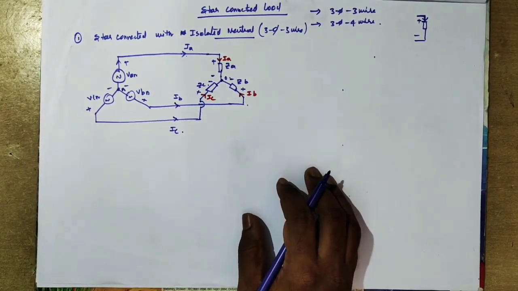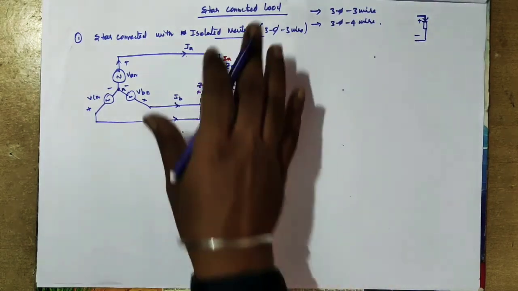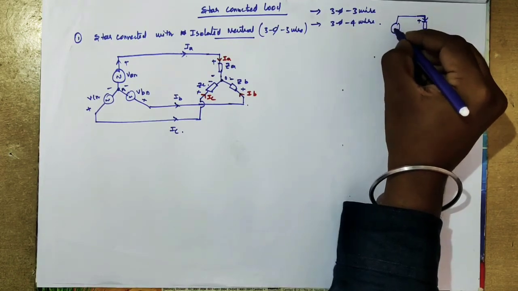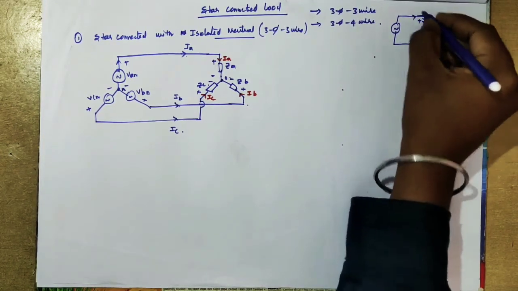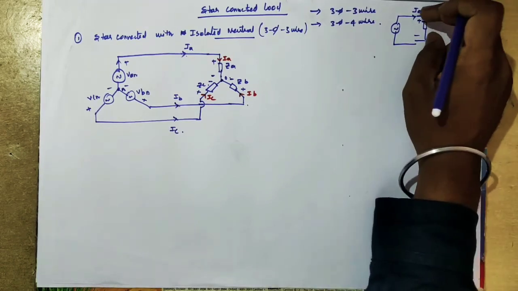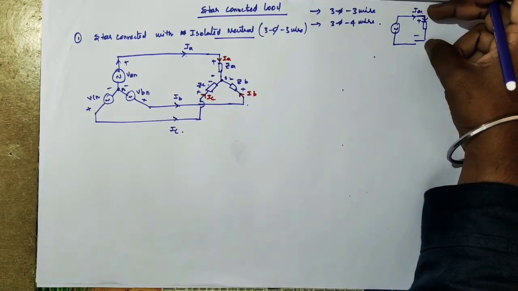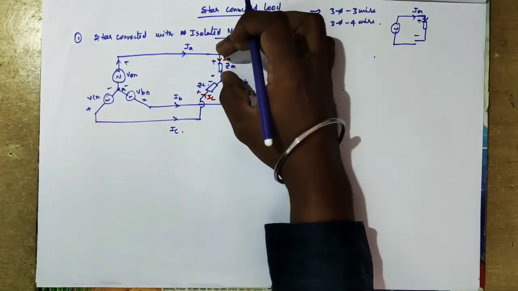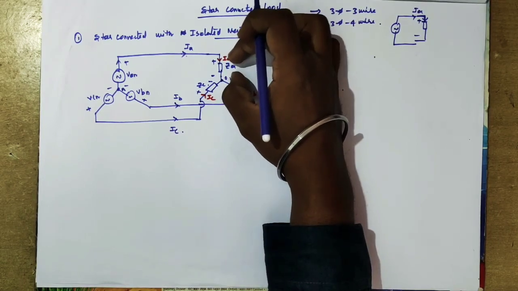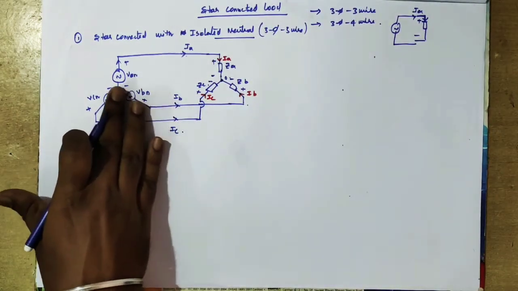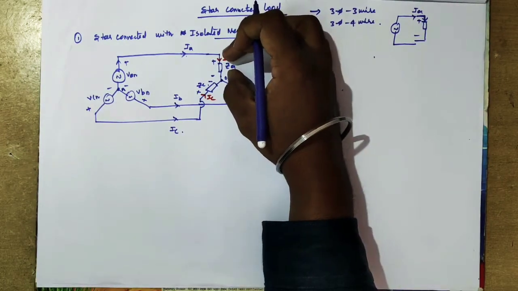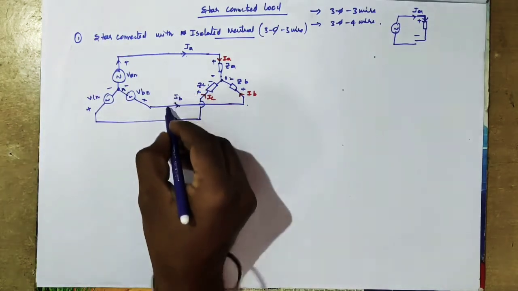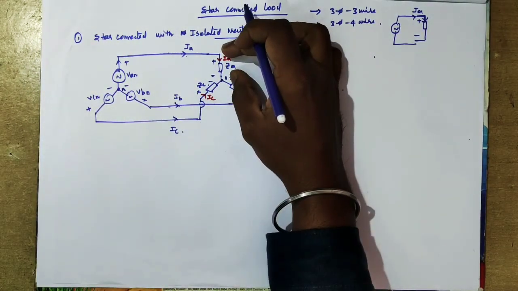Now our aim is to find the load currents, right? So we have connected the load, and this is the source, and we have to find current IA. That means you have to know the voltage across this load resistance. Is that possible now? We don't know exactly what the voltage across this is. We know the supply line currents, but we don't know the voltage across this. Is it possible to know?